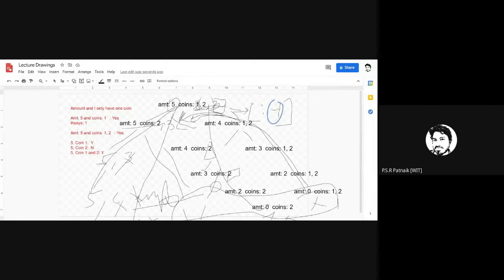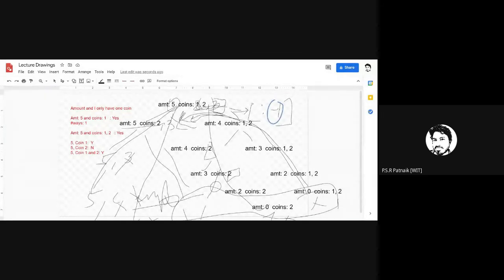What would be the second one? Including the element. If I include the element, what would be the amount? Amount would be amount minus whatever denomination value the last coin had. What is the last coin I have? How do you get the last coin in Python?